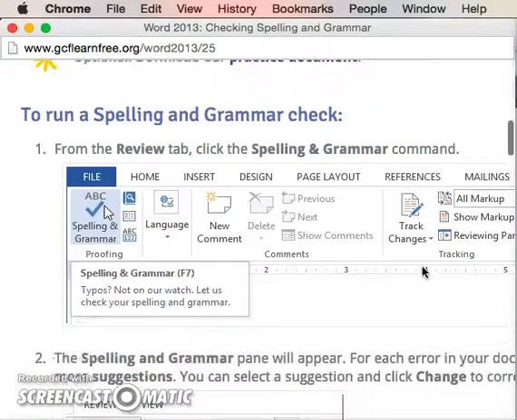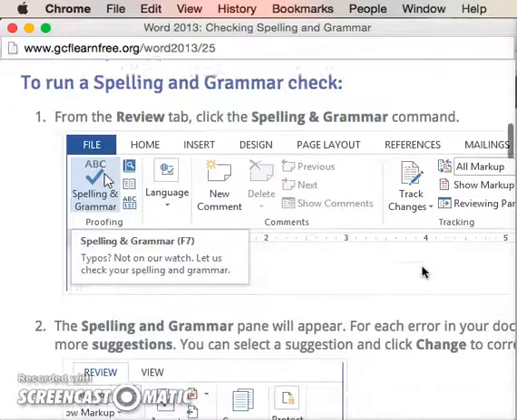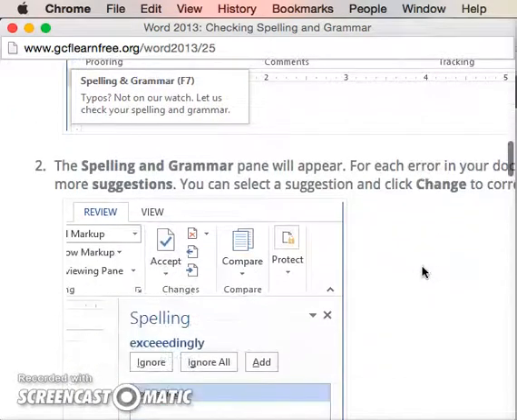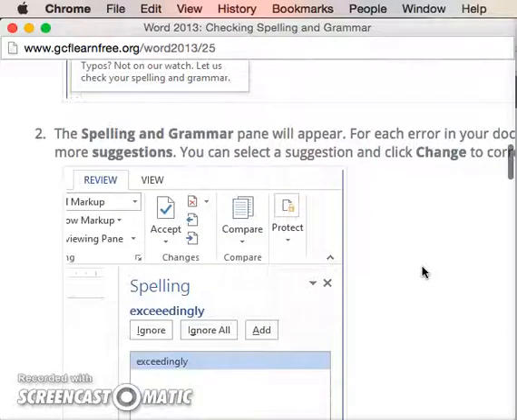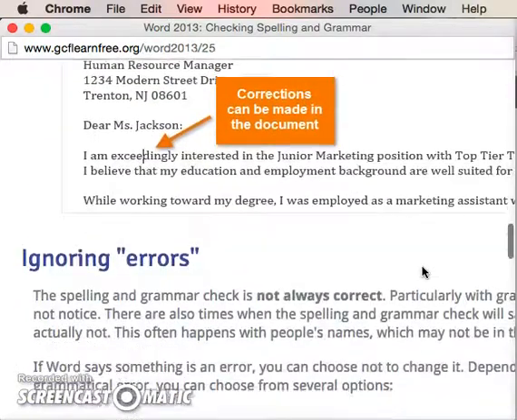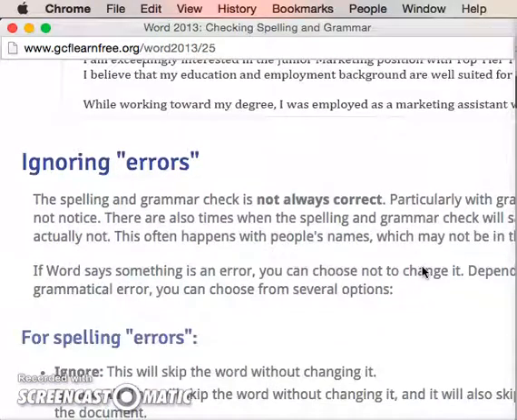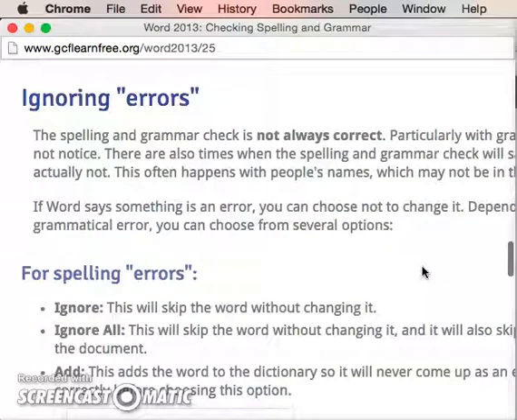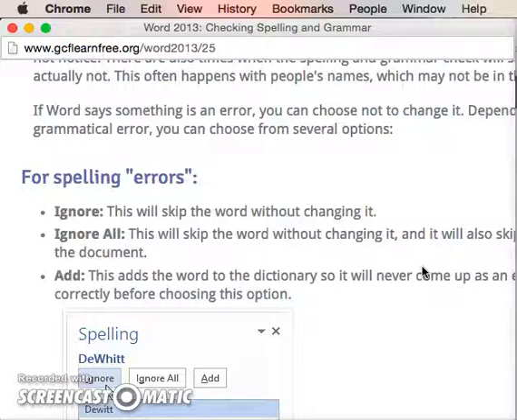In this section, we just basically went over how to run a spelling and grammar check, and the spelling and grammar pane will appear for each error in your document. More suggestions. Very simple section right here, and we went over ignoring errors. It's not always going to be correct, so you can ignore certain errors the computer tells you. And for spelling errors,